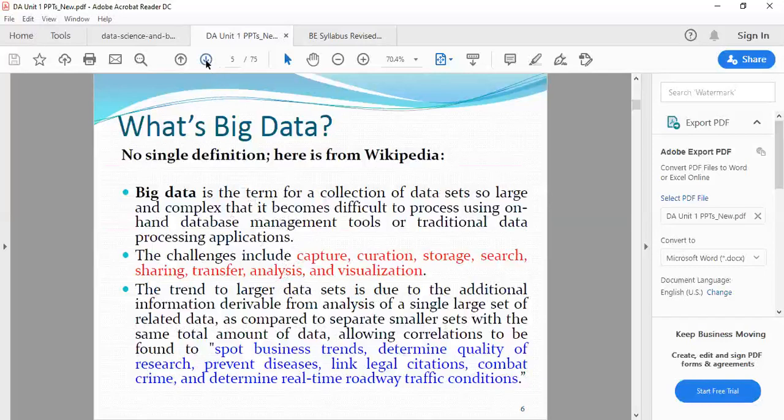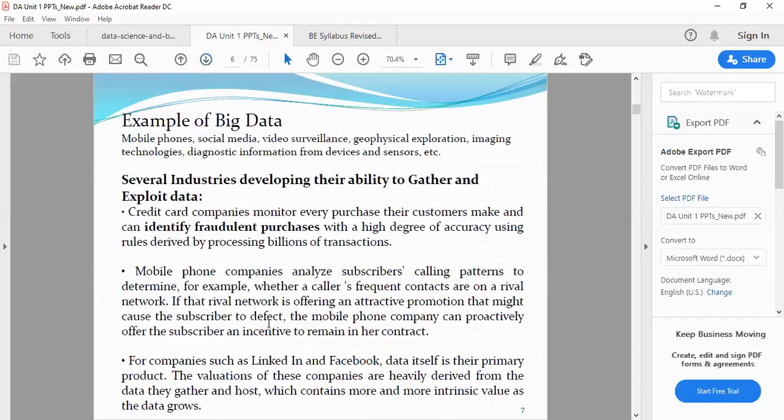Now we move towards the second point. Examples of big data. How do we collect the data? By using mobile phones, social media, video surveillance, geophysical exploration, imaging technology, diagnostic information from devices and sensors. Okay,